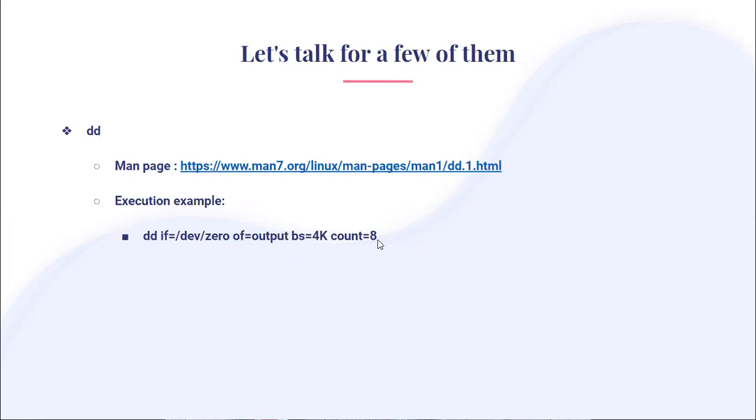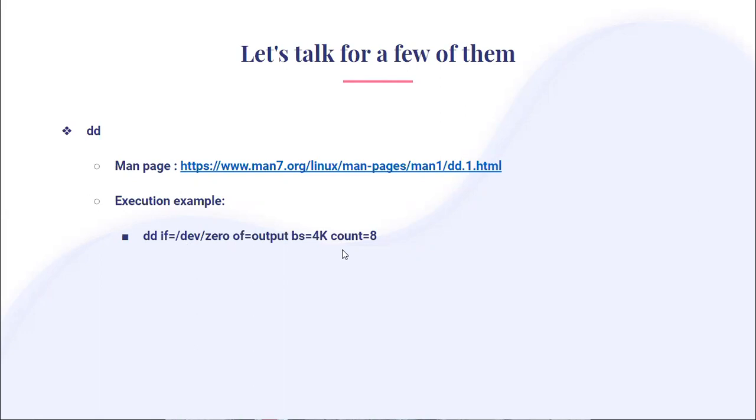So with count 8 and block size 4K, one IO will have a 32K block. If I'm copying from /dev/zero to the output, one IO will have 32K. I'll show you what file size it will create.